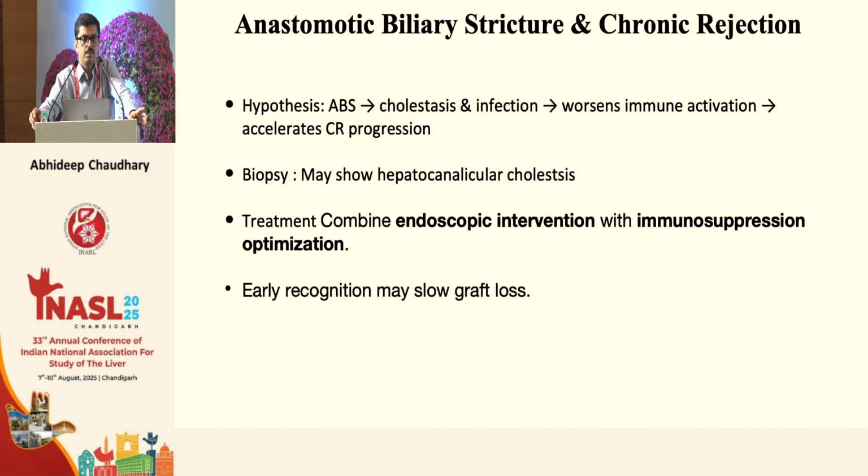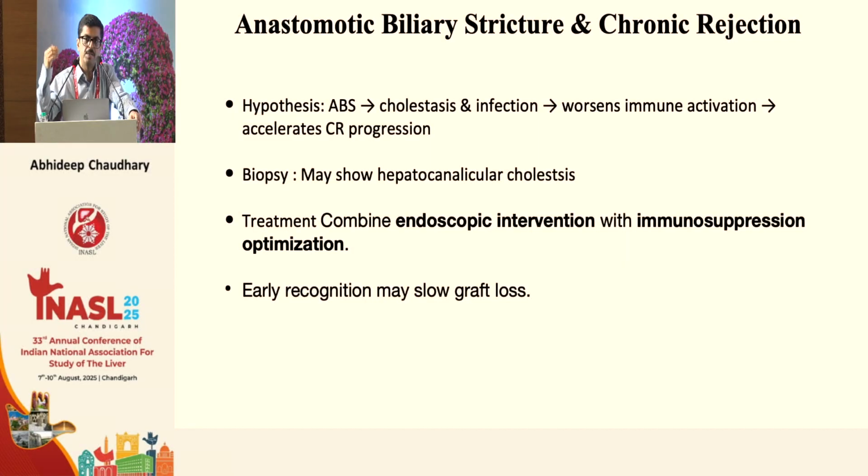There are some case reports that patients who have early onset biliary stricture tend to have chronic rejection later on as well, even when these strictures are remodeled. Or sometimes patients present with a biopsy suggestive of chronic rejection, you start treatment, and things are not improving. You put in a stent and it improves. What happens is, even a non-critical biliary stricture upregulates the MHC antigen expression on the biliary epithelium. That is thought to predispose to this kind of situation,